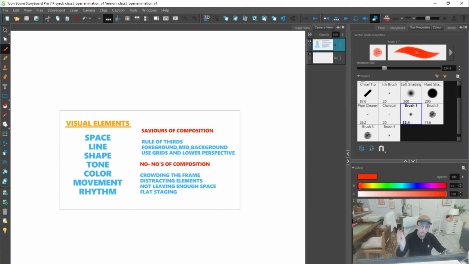Saviors of composition: rule of thirds, foreground, midground, background, use of grids and lower perspective. No-nos of composition: crowding the frame, distracting elements, not leaving enough space, flat staging. Woo! That's it. But really, hey, biggest thing to take away from this class: